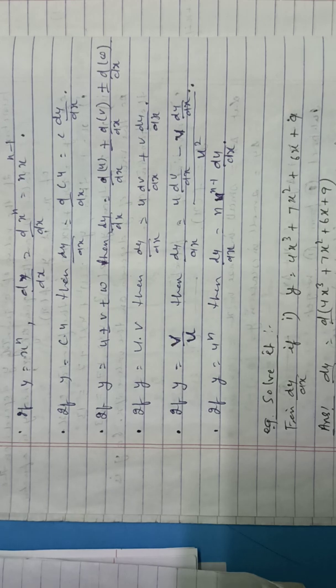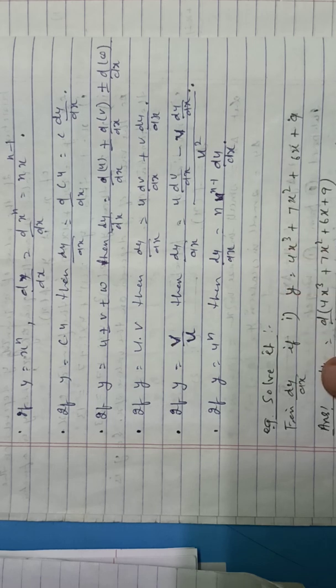One is the differential of a constant formula. Suppose I ask, what is the differential coefficient of pi? Pi is a constant quantity, so dy by dx is equal to d by dx of pi, which is equal to 0. Suppose I ask you the differential coefficient of 4 or 5 or 6k square. 6k square is a constant term. In physics, k is a constant term, so the differential coefficient of y with respect to x, d by dx of 6k square, is equal to 0.